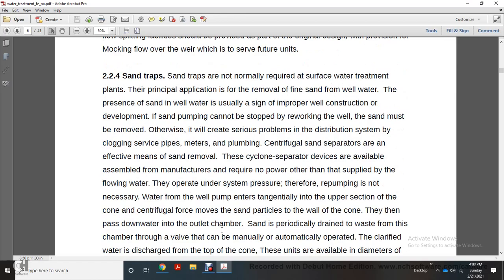Alright, sand traps are not normally required with surface water, but a treatment plant application is the removal of fine sand from well water. The presence of sand in well water